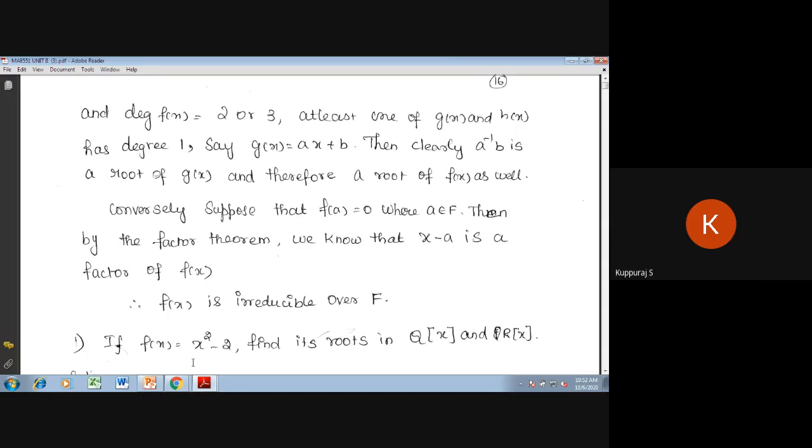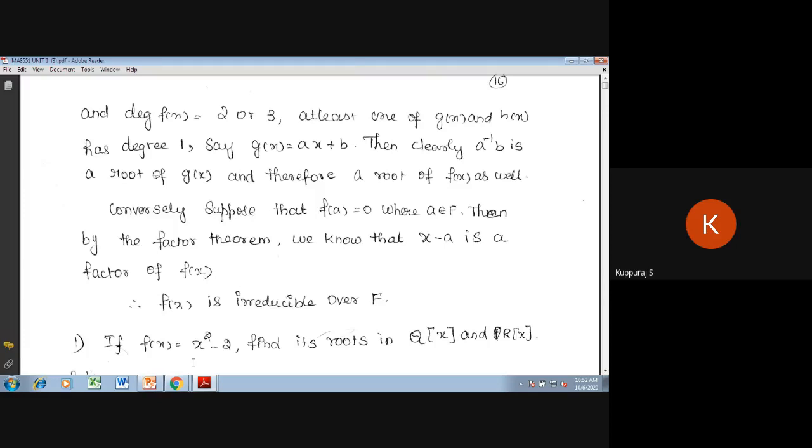So obviously we know that ax plus b can be satisfied by putting x equal to minus b by a. Okay, which can be satisfied. So this expression ax plus b has root minus b by a. Now putting x equal to minus b by a, g of minus b by a is equal to 0. So a into minus b by a plus b, a cancels, then minus b plus b equals 0. So minus b by a is the root of g of x.